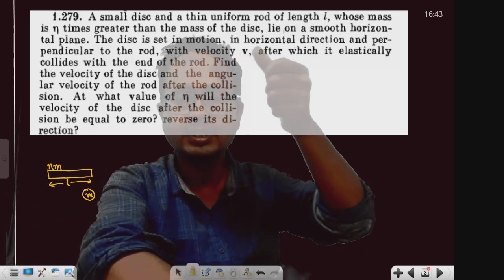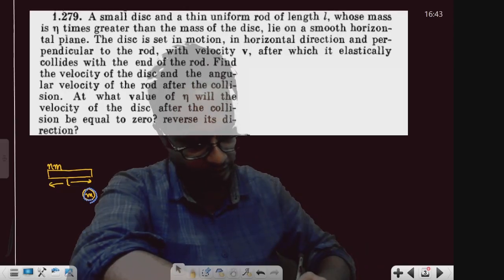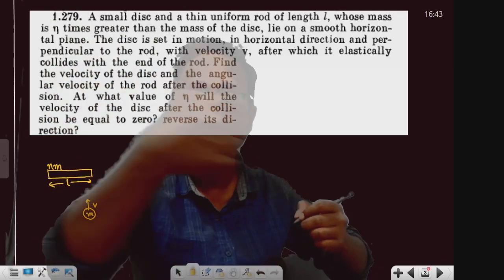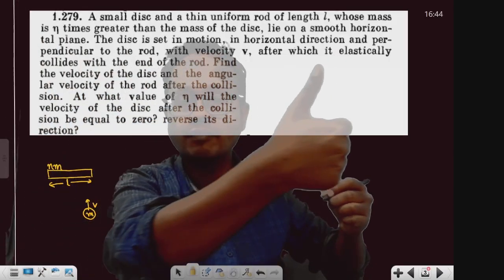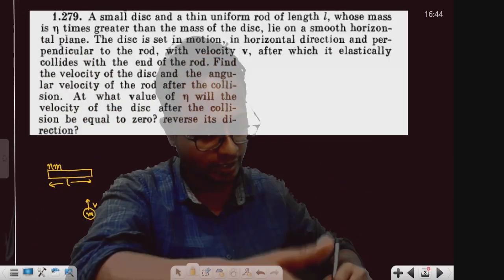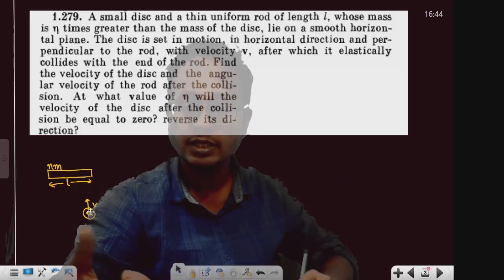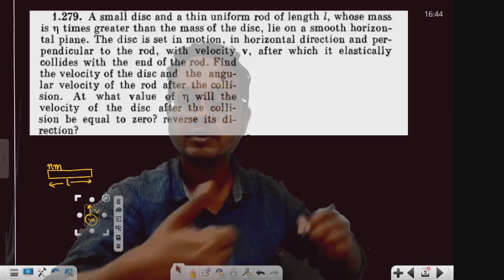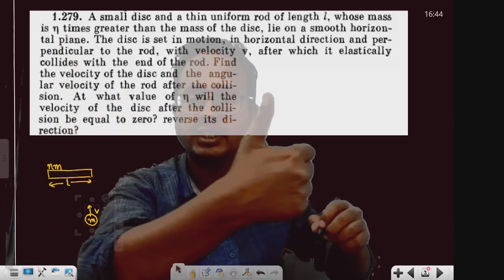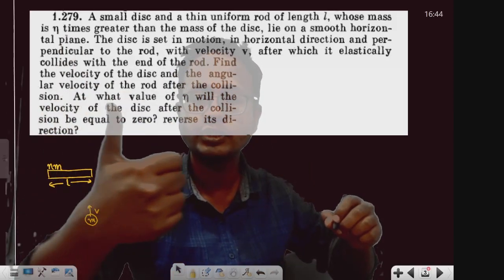The disk is set in motion. That means this disk out here is given a velocity v. The disk is set in horizontal motion, perpendicular to the rod, with velocity v, after which it elastically collides with the end of the rod. This disk is colliding at the end of the rod. Find the velocity of the disk and the angular velocity of the rod after the